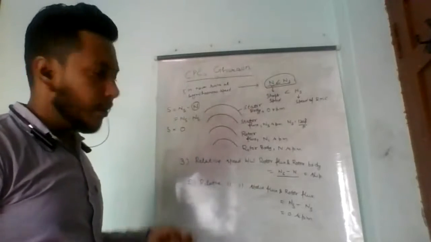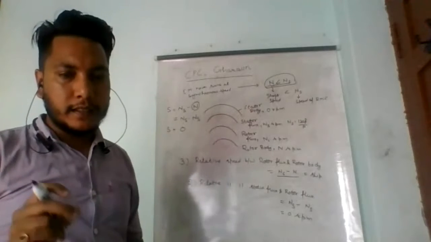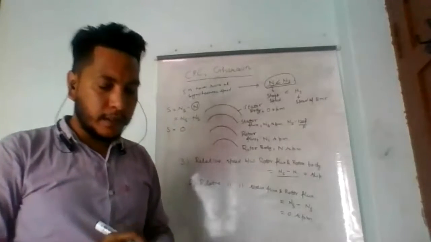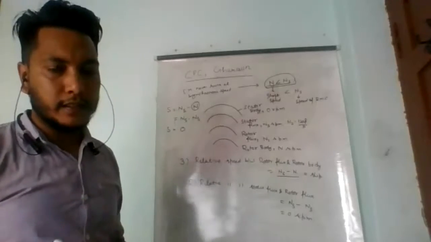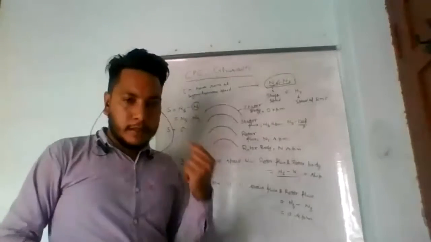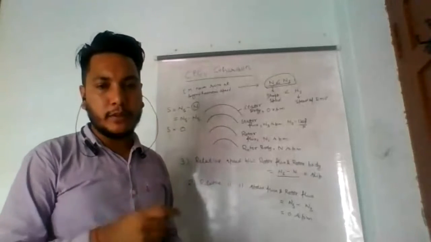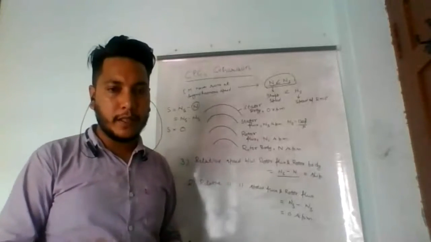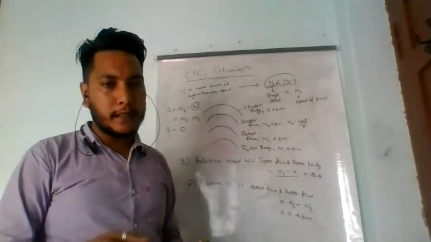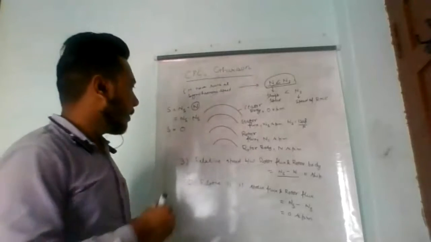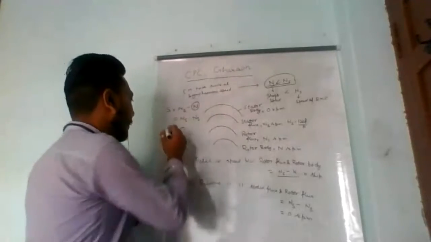If slip is equal to 0, then this is the condition in which the rotor of the induction motor never rotates, and when the rotor never rotates, there is no magnetic field cut between the rotor and the stator. Hence, the induced EMF is 0, and the induced current is also 0. Therefore, the torque acting on the motor is 0. This is the condition.